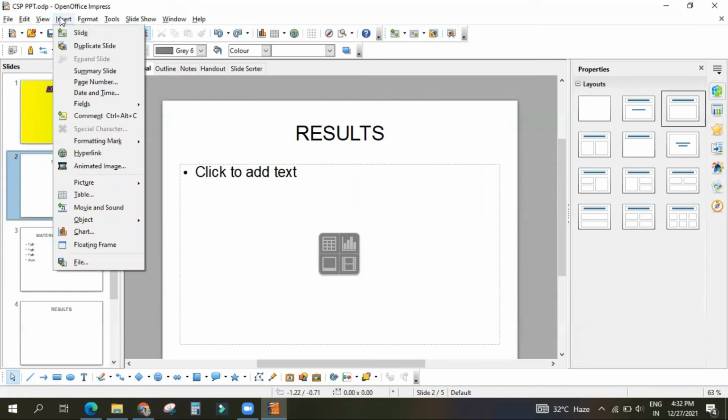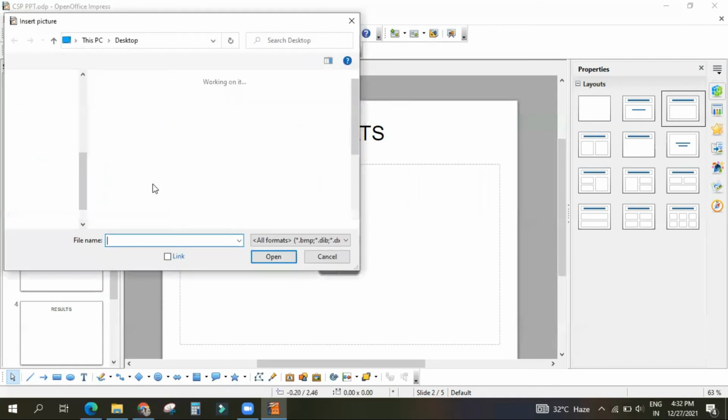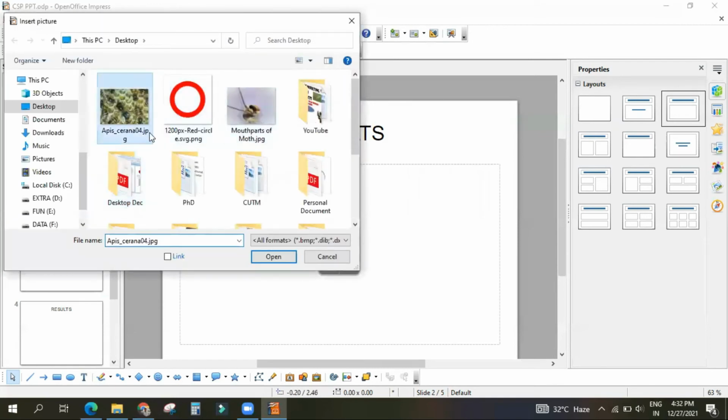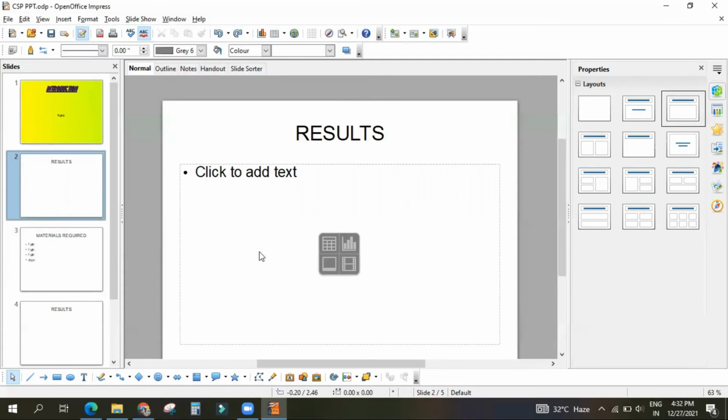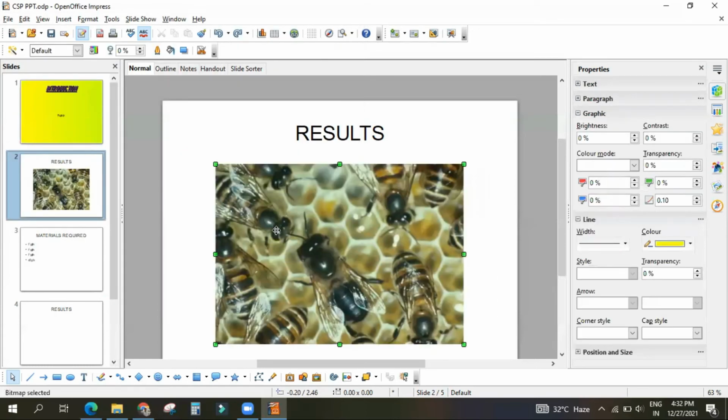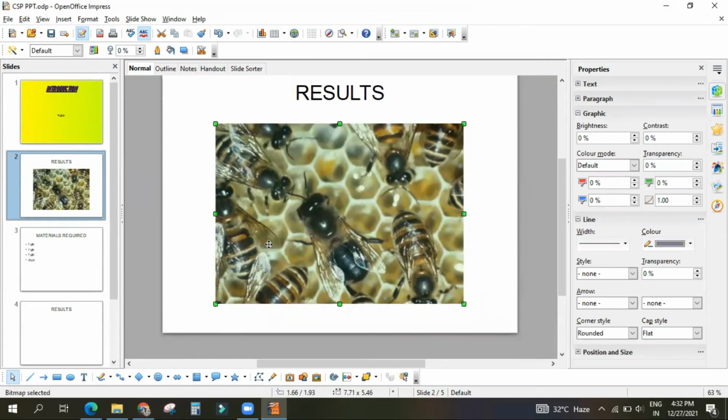Here I can insert a picture, from file, whatever is there in your computer. Now you see the picture has been inserted here. This is the worker and this is the drone. You can see the difference. Those things we'll discuss later. Understood how to insert a picture?